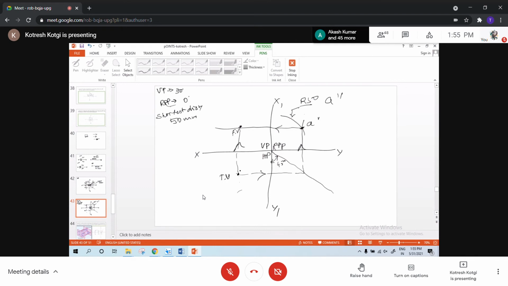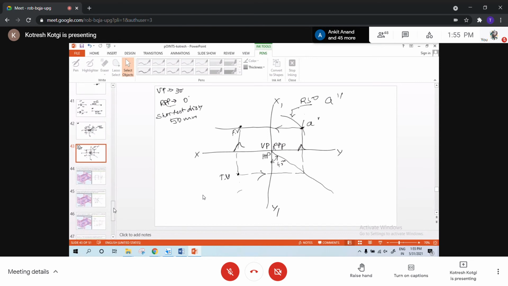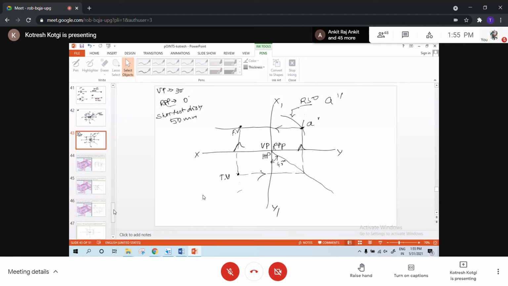Understand? Getting my point? How to solve if the data is given in the reverse way. Okay, so with this basic, we'll go to the next set of problems. Today I will solve some 4 or 5 problems which are a little difficult and of a different type. And today will be the last class for points.